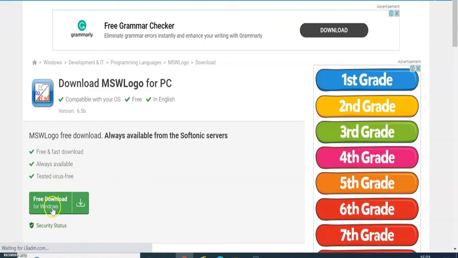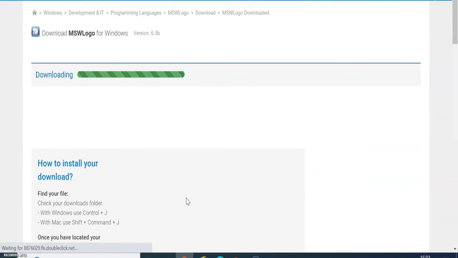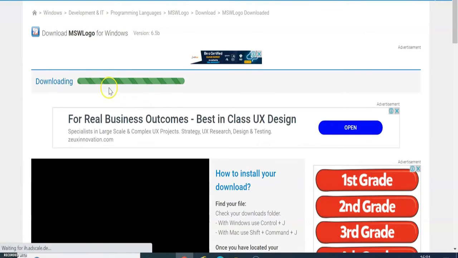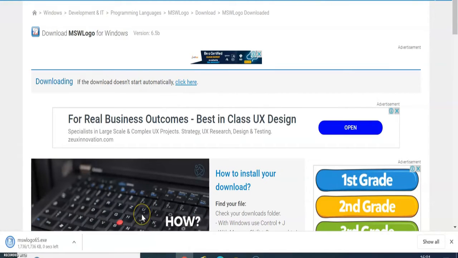After that, you will see the green color button for the free download. Click the button and then the download will begin. You must wait until the downloading finishes. After the downloading is completed,